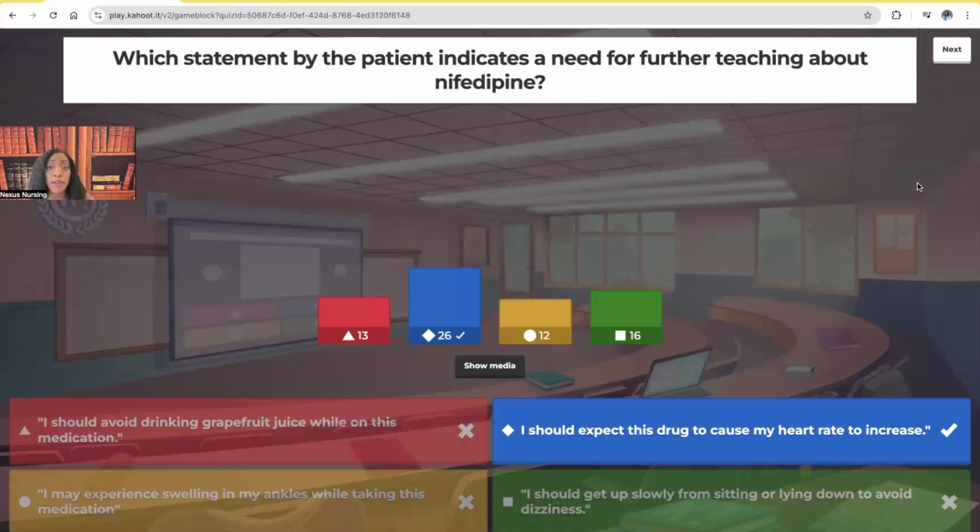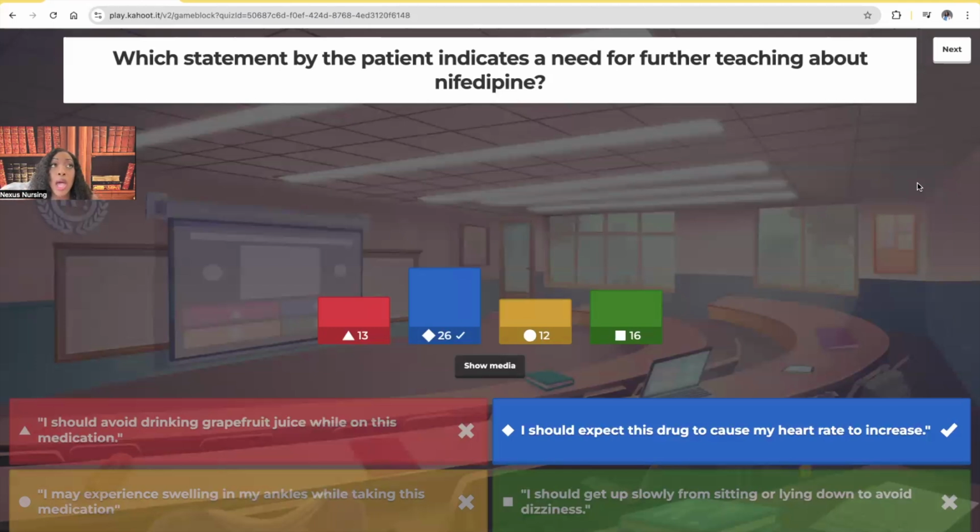Now, the other ones are expected effects or things that could happen. And that's why it would not require further teaching. Because whenever a question asks you which requires further teaching, what it's really asking you is which one is the wrong statement, right? So where it says I should avoid drinking grapefruit juice while on this medication, absolutely, because the